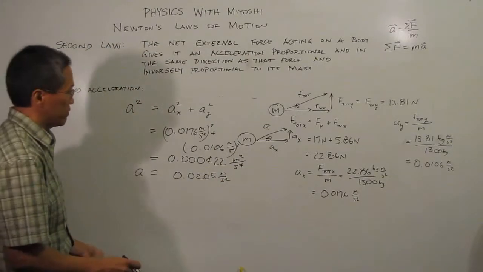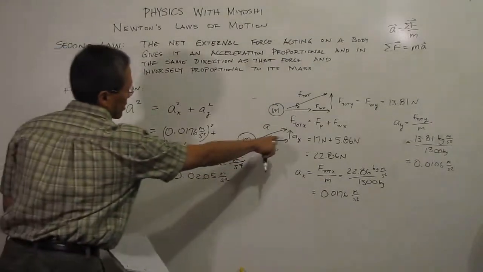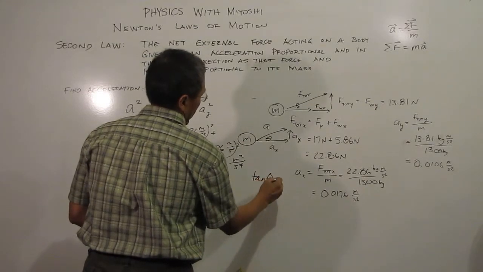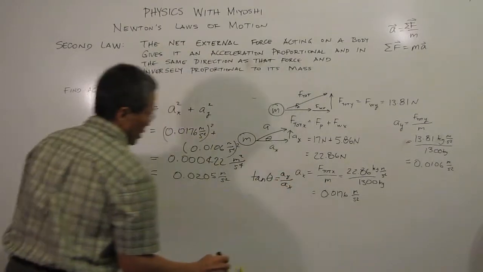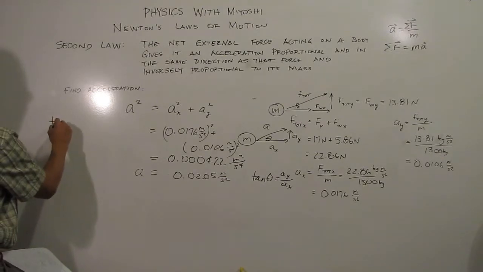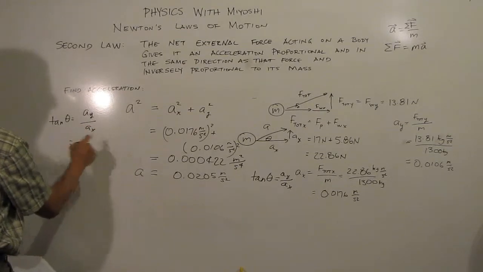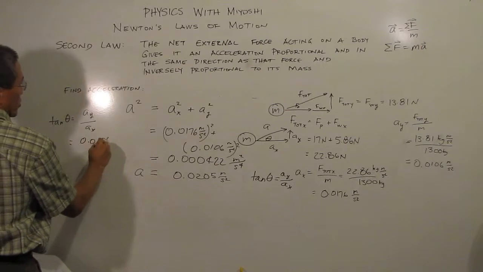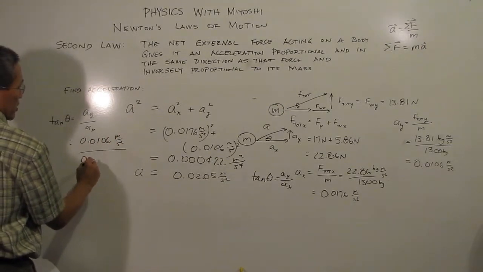Then to find the angle, I will just take the arctangent again, so I know from this figure here that my tangent theta is ay divided by ax. Let's put that into my equation. Tan theta is ay over ax. Ay is 0.0106 meter per second squared. Divide that by 0.0